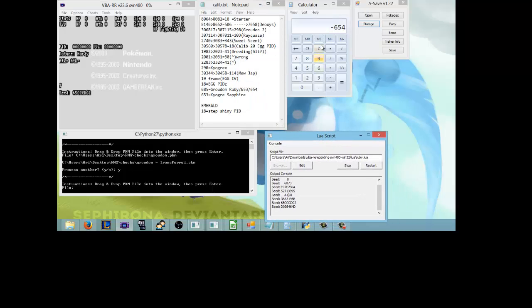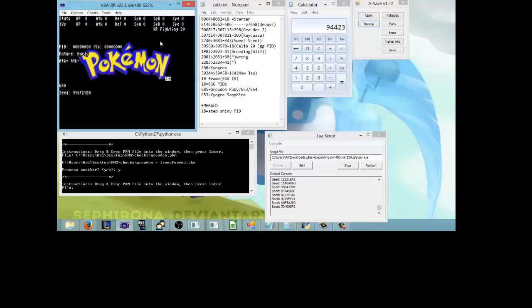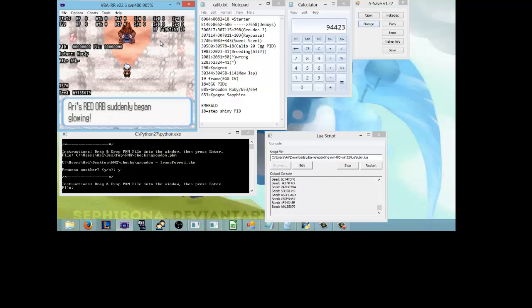Now the frame that we were going to hit is 95,077 minus 654, which was our calibration value, which should give us that frame, and that frame is the frame we need to hit. Press A in order to